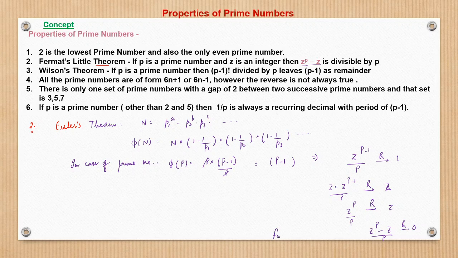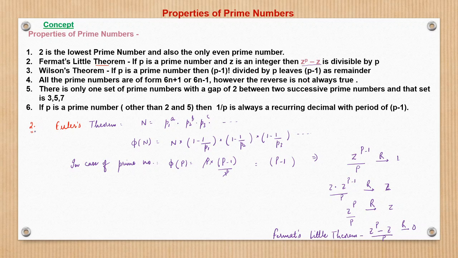And this is what is given here as Fermat's-Newton theorem. Those of you who did not get this, not to worry, we will see this at many places, even in decimals, then in co-prime numbers, then in remainders. But again, how does this come? Just for those who know this, I have shown the derivation and the basic idea behind this Fermat's-Newton theorem. So it says that z, where z and p are co-prime, obviously it is co-prime because p is a prime number, so z raised to power p minus z is divisible by p, that is remainder is 0.